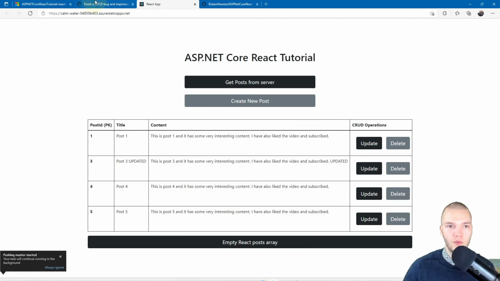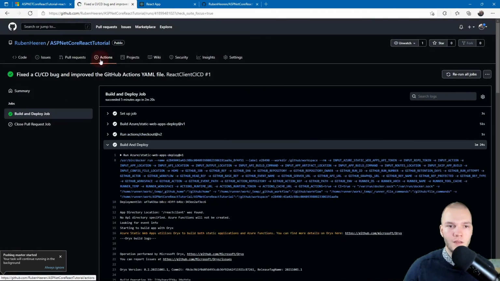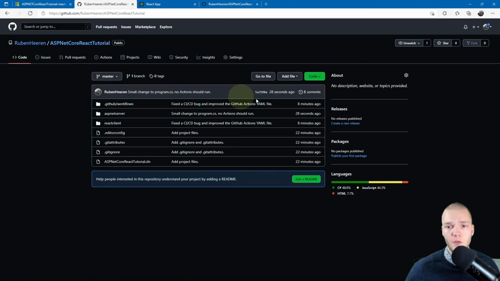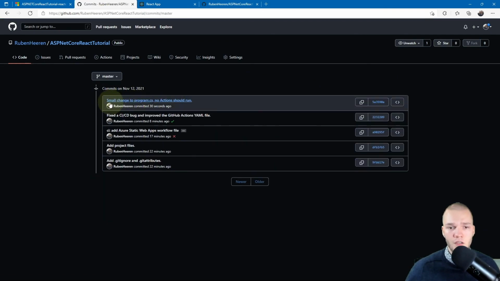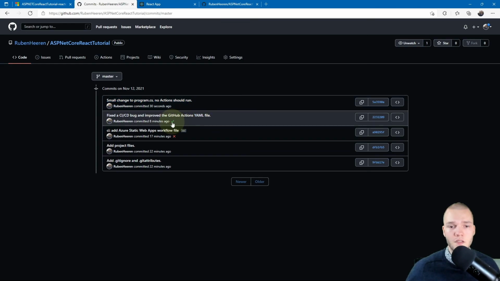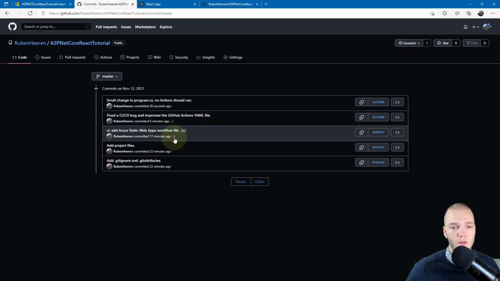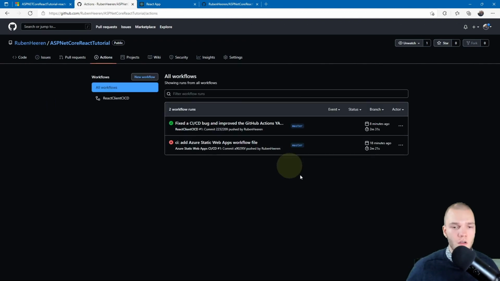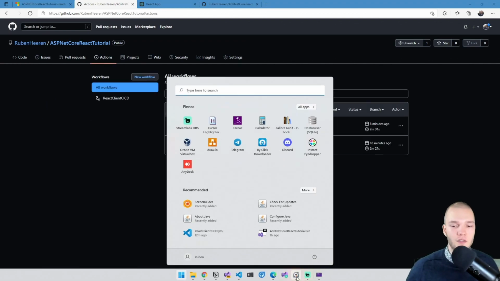And if I now go to the GitHub repository, go to the Actions tab, and just refresh that a few times, we see no action shows up. But if I go to the code and go to the commit, we do see the commit came in. And there's no check mark or little X here. And that's the result of the action that commit triggered, I believe. So that works too.